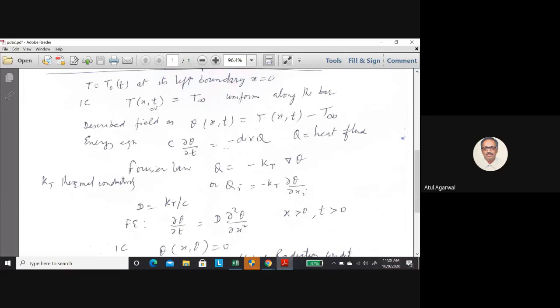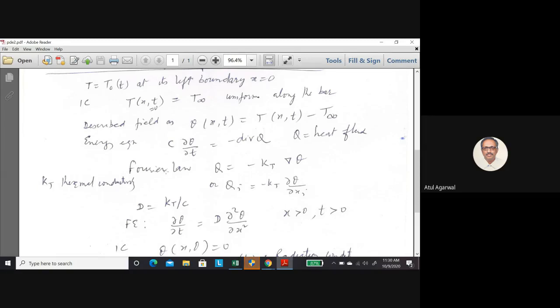So what will happen? Divergence of Q shows energy leaving the volume. Divergence is kind of a rate of expansion. So this shows the heat leaving the elemental volume. The minus sign is applied because heat loss leads to reduction in internal energy. So this time derivative of internal energy will be equal to minus the heat flux, the outward heat flux.